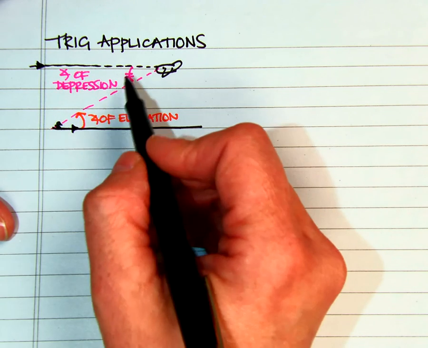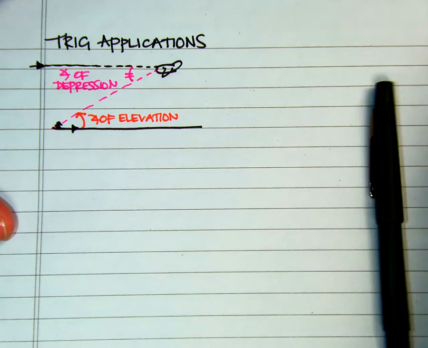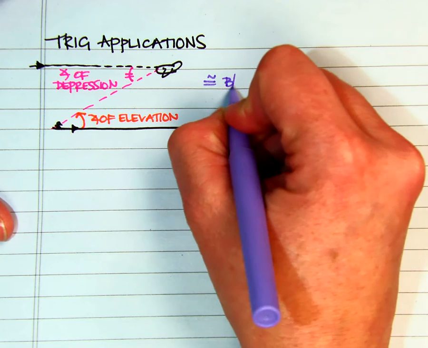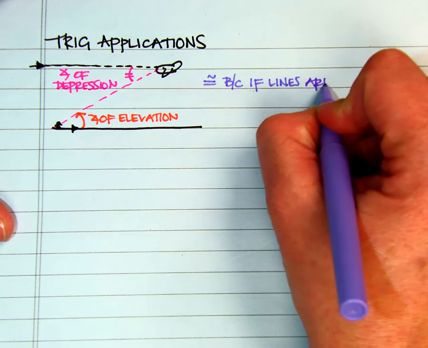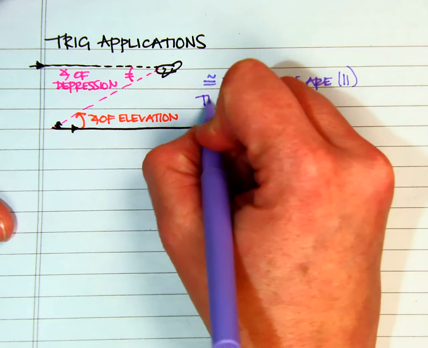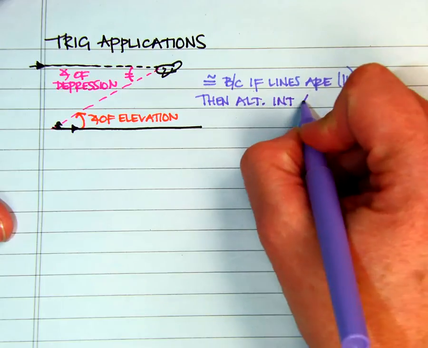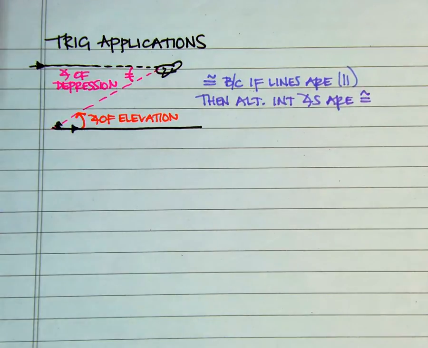So what do we know about the angle of depression and the angle of elevation? We know that they are congruent because if lines are parallel, then alternate interior angles are congruent. Okay, so with the relation of trig, we know that we have to somewhere have a right angle,